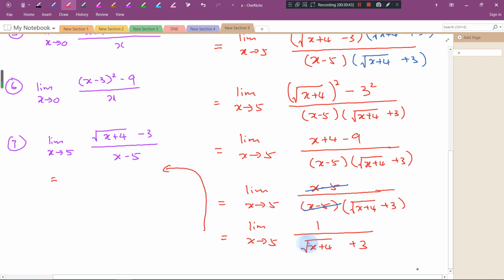Now I'm going to substitute x equal to 5 inside here. Once I bring the 5 inside here, we don't have to write this anymore. 5 plus 4, square root, plus 3. So this is 9. The square root of 9 will give you 3. 3 plus 3 will give you 6. Okay, let me check my answer whether it's correct or not. Yes, correct. So this is the way we solve questions involving the limits of a function as x